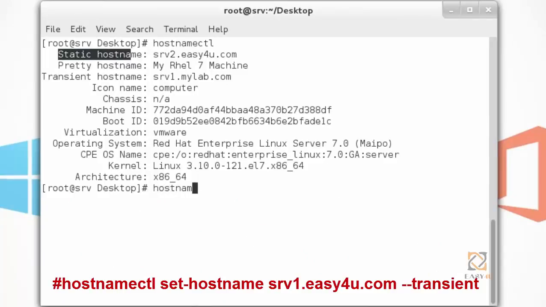hostnamectl set-hostname srv1.easy4u.com, double hyphen transient.